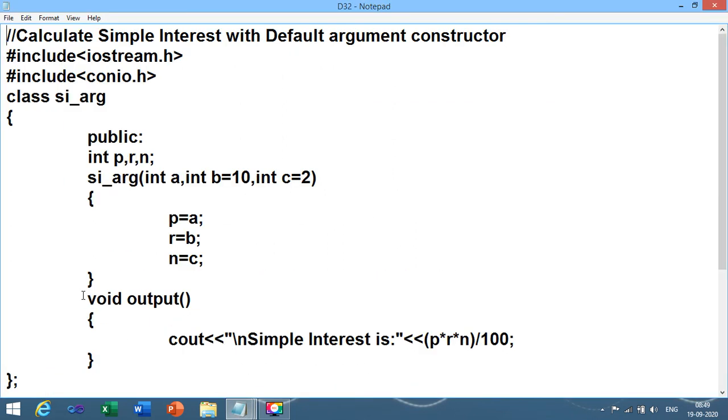The second program of today's session is calculating simple interest using the concept of default argument. In this, I have told you that if you consider the float data type, at that time you can perform calculations with large numbers, because the range of the integer data type would be less in these cases, right? So if you want to perform more calculations, you need to consider the float data type over here as well as with the simple interest argument.